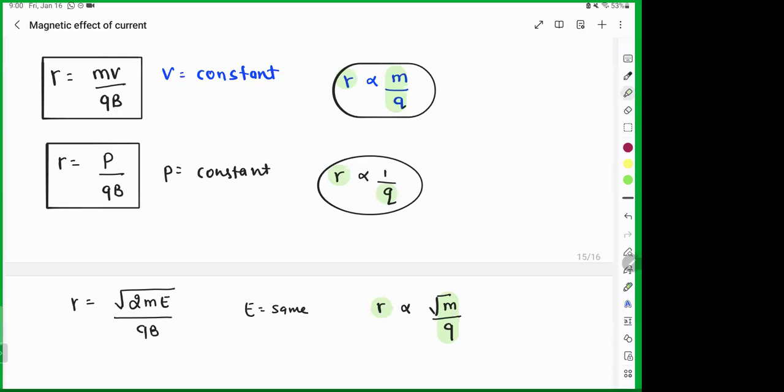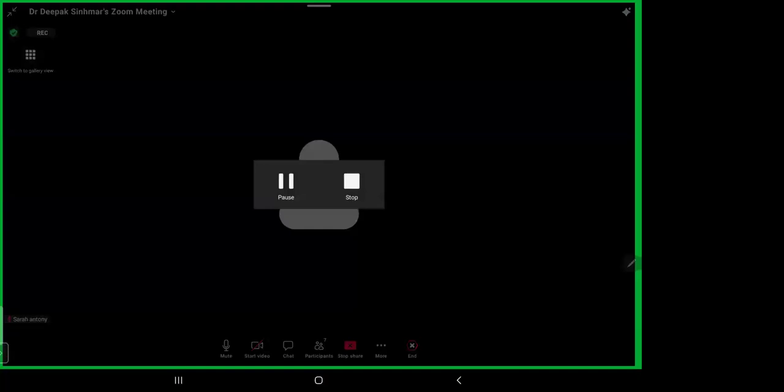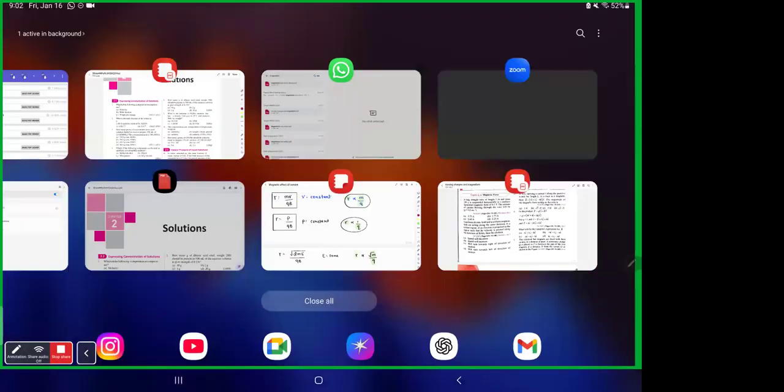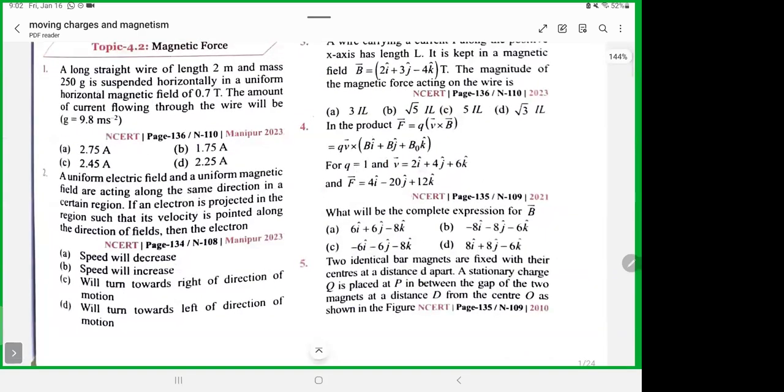Let me check. Solve question first. Magnetic force. A long straight wire of this length and mass this is suspended in uniform magnetic field. Amount of current flowing through the wire will be